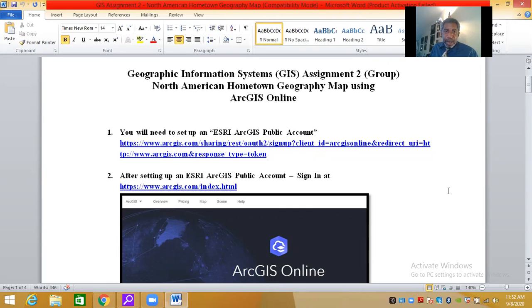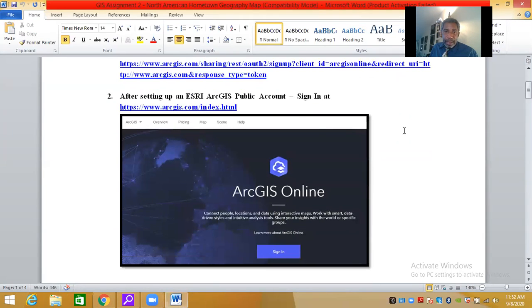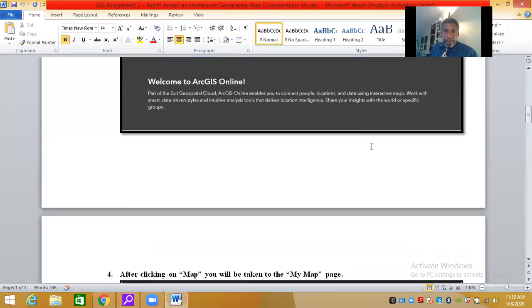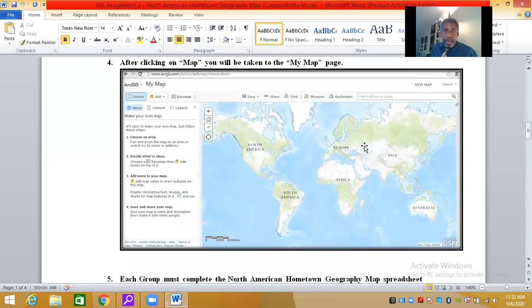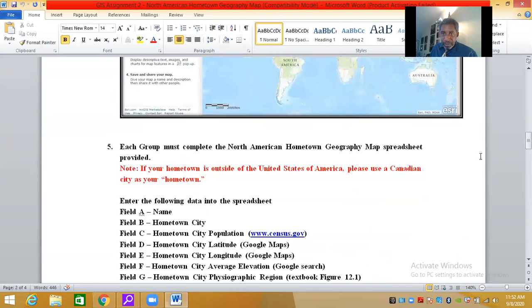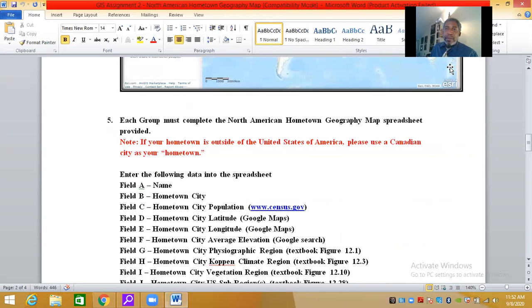After you set up your account, you just sign in according to these instructions, click on map, and then you'll be taken to the My Map page. Okay, that's how you start. Now we'll all have to hopefully listen carefully, or at least one person in each group is listening, so that you will take the lead in instructing those who were confused or not paying attention right now. Okay, so